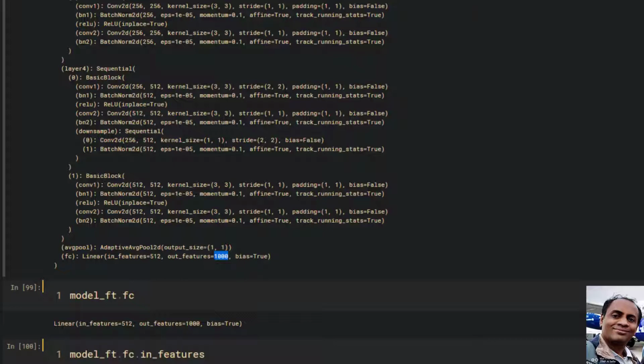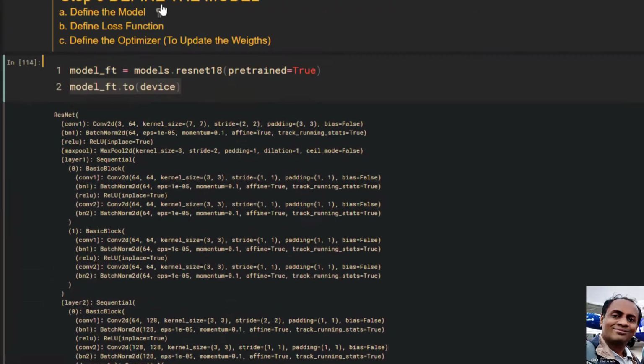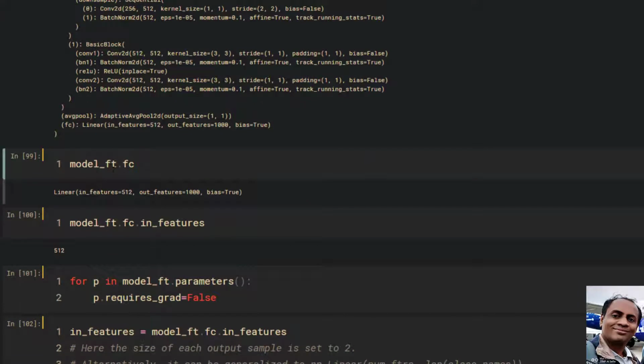We ran this already. Now I will quickly check this particular layer, model_ft.fc, the last fully connected layer. It has 512 inputs as I already told you, and 1000 outputs.